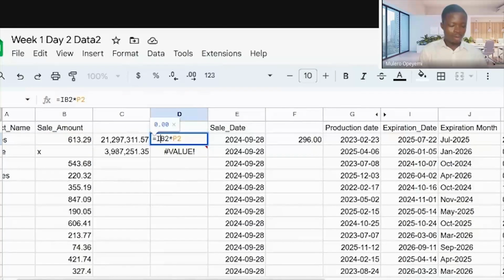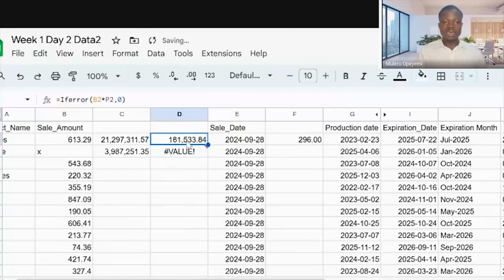IFERROR, open a bracket. Actually we want to multiply B2 by B2. However, if error, just give me 0 so that I can do other calculations. Zero is a number, so it won't affect anything else. But if error, just return 0. That's what we are saying. So then this error value will be gone. So you can see it. That's the way you undo error values.